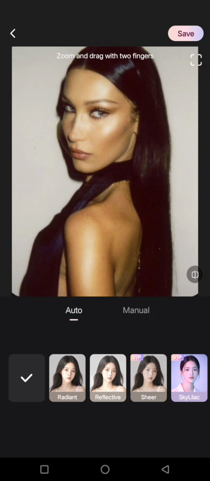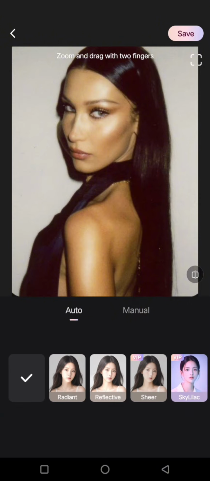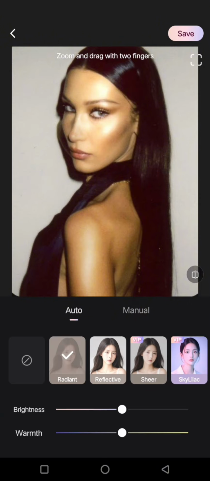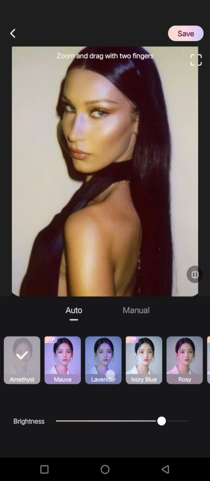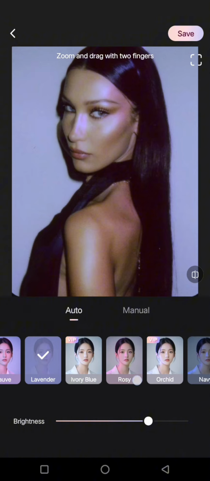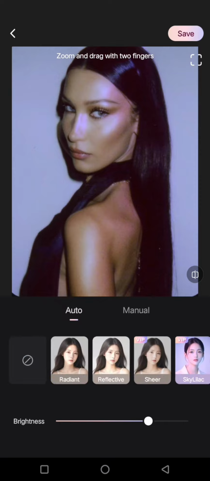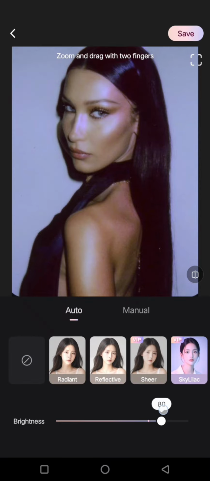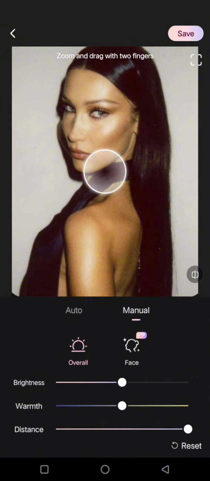Here let's try the auto first. You can see there are some options that you can select. There is this radiant, lighting, amethyst, lavender, rosy. So you can just choose which one. I'm going to go with lavender, for example, for the auto. Here you can always adjust the brightness at the bottom, and if you do it manually, you can click on